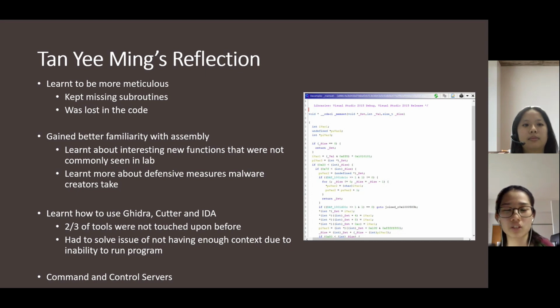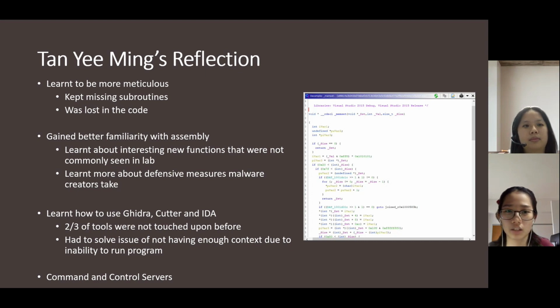Previously, I was not very strong in understanding assembly, and to be frank, I didn't have a strong understanding of what assembly code could do. But through getting lost within the code, I was able to pick up new functions that were not commonly seen in our school's malware, like all those weekly labs that we do, or when we do malware analysis within class practicals. For example, one of the new functions that I learned was SEH prolog,